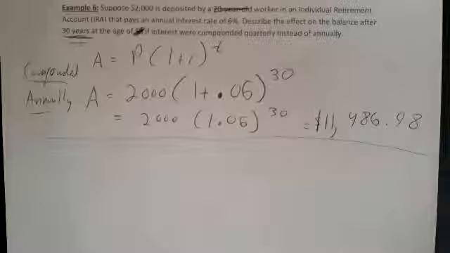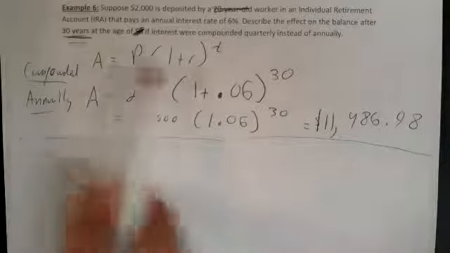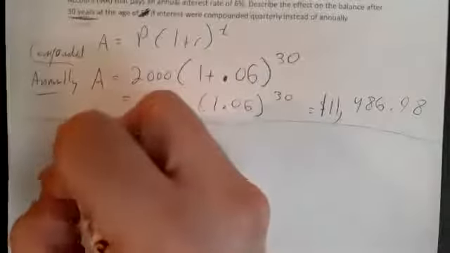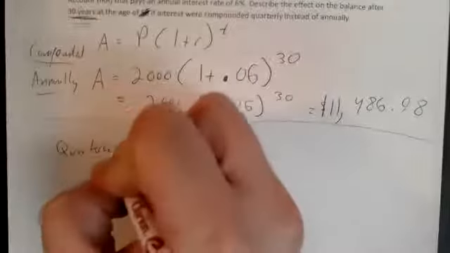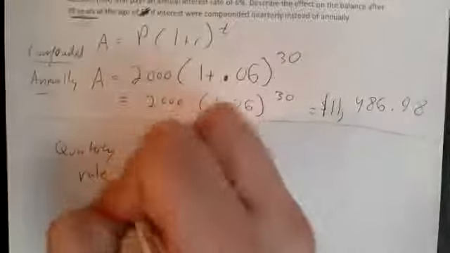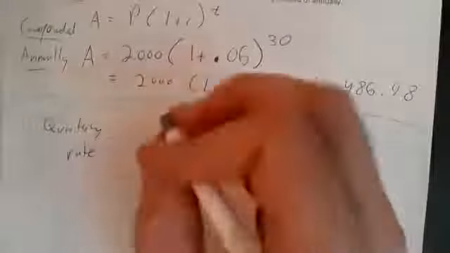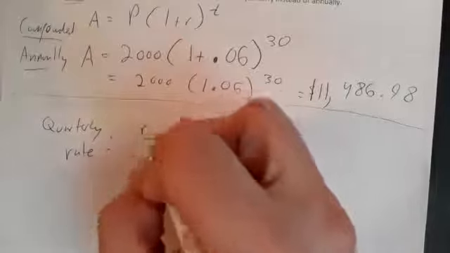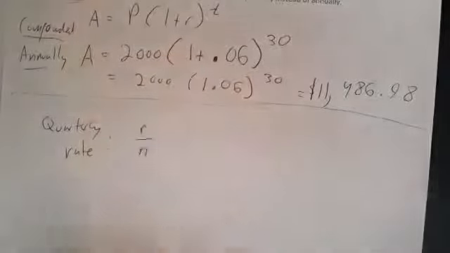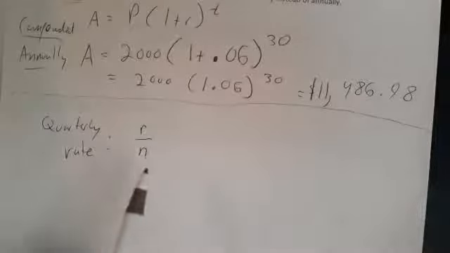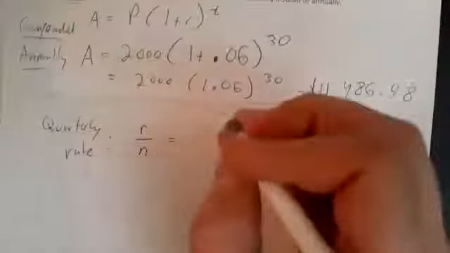right? And so if we do it quarterly instead of annually, there's basically two things that happen to this formula that we have to change. The first thing is that you're not going to have an annual rate. You want to find the quarterly rate. And so if we want the quarterly rate, we want to do R divided by N, where N is the total number of times you're compounding per year. And so if we're doing quarterly,